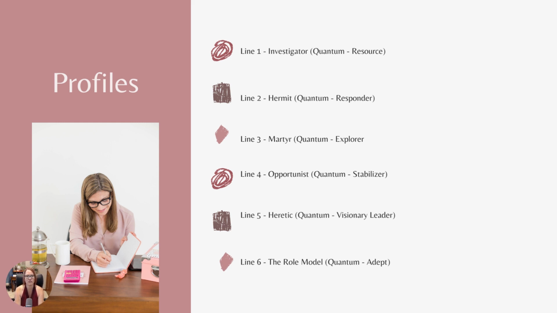Just a quick thing, lines 1 through 3 are going to be interpersonal, which means they are inside of us, what we need to experience. Lines 4 through 6 are intrapersonal, which means they have to do with our community, the people around us, external. So, just want to keep that in there.